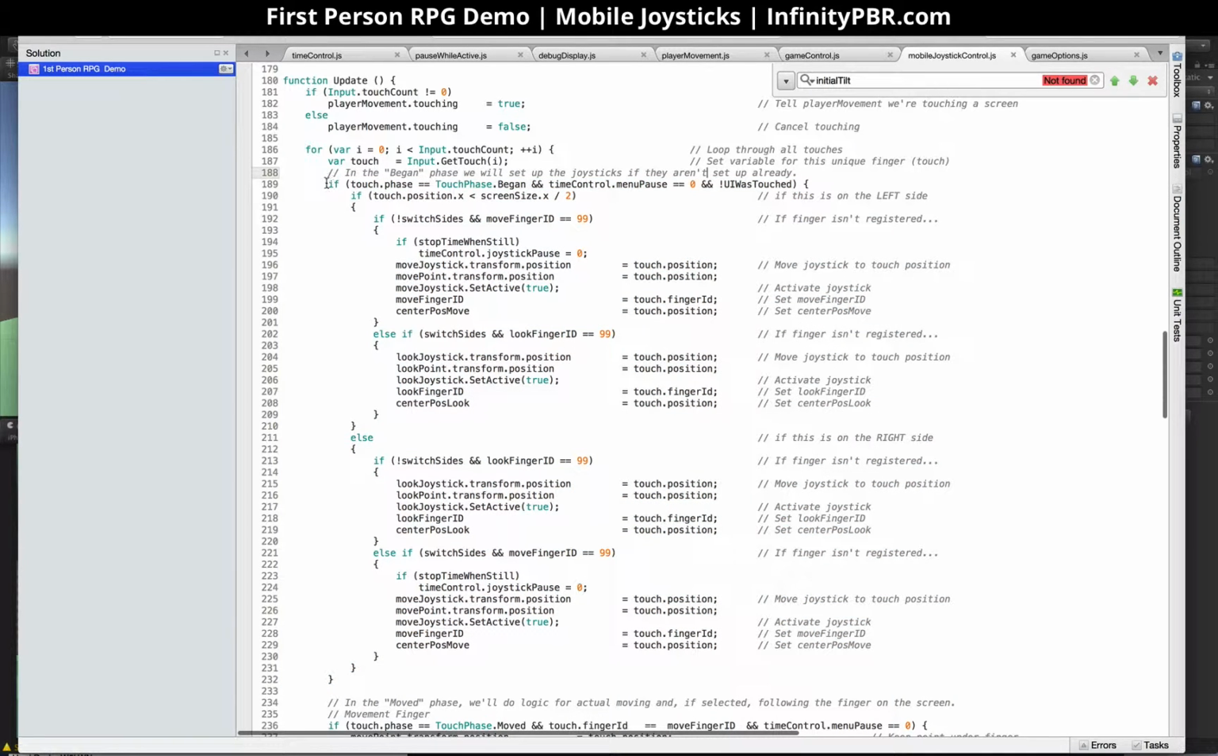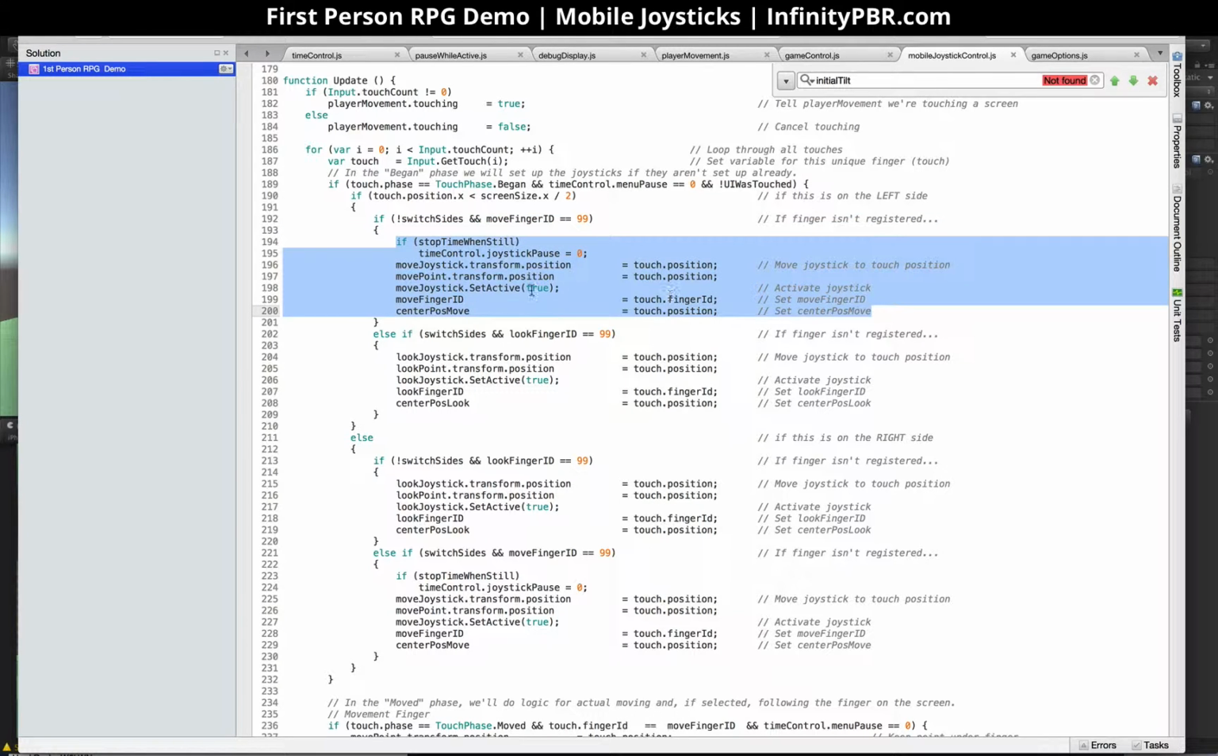So in essence, if the phase is began for this finger and we're not paused, if we're on menu pause, then this won't happen at all and joysticks can't come up. And the UI wasn't touched. We'll get into that in just a little bit. Then we can find out if the touch was on the left side of the screen or if it was on the right side of the screen down here. If it's on the left side of the screen and we're not switching sides and the move finger is not currently up, then we're going to set up the move finger to this one,